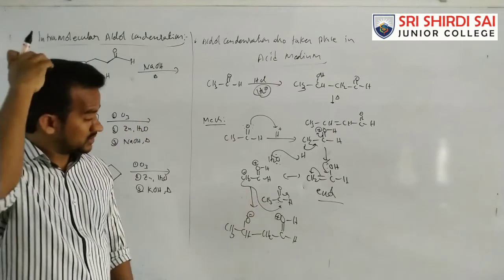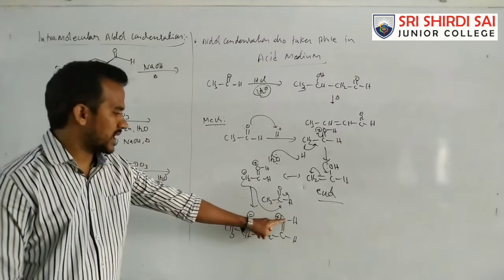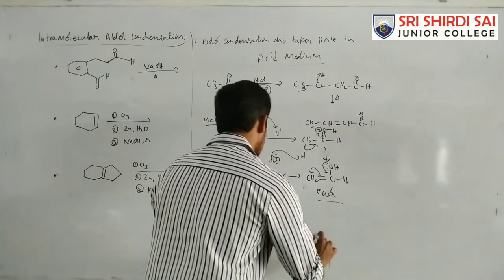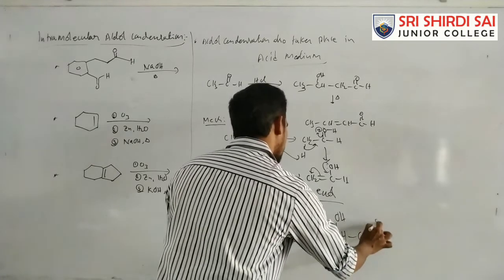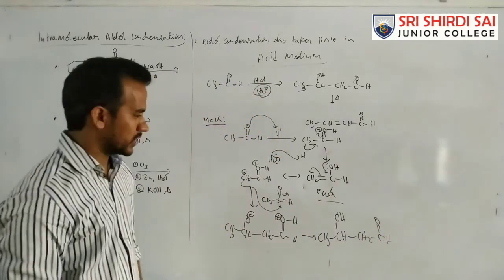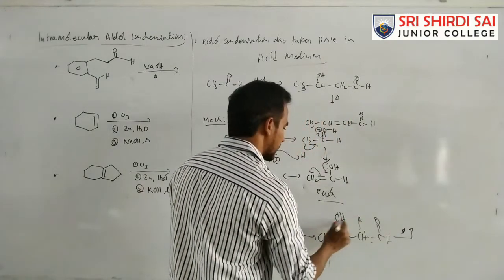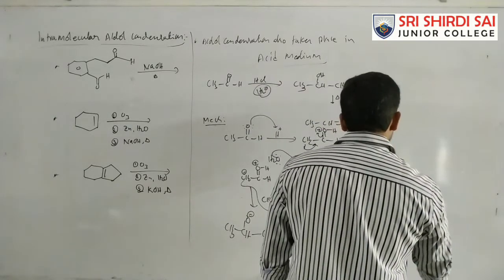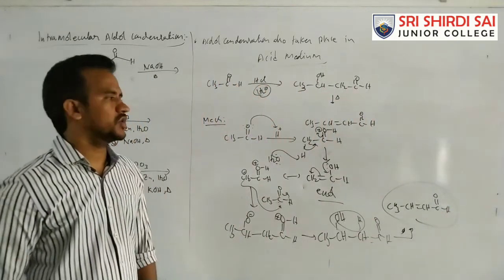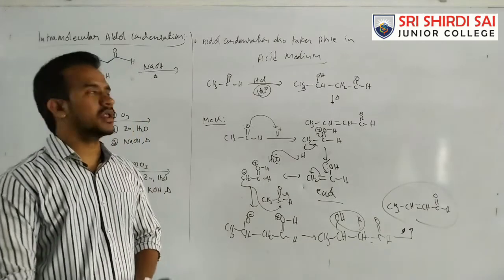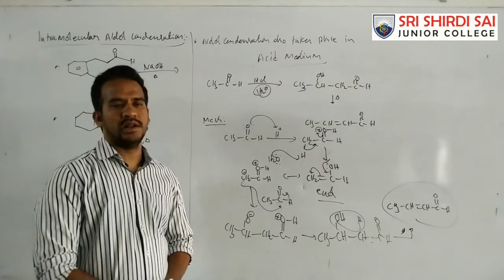Just carbon-carbon bond formation. O minus acts on the proton H plus, so proton transfer takes place. Here OH and CH2 C double bond OH. Now on further heating, loss of a water molecule takes place, giving CH3, CH double bond CH, C double bond OH, the same product. So aldol condensation is possible in both basic medium and acidic medium. So that is about the aldol condensation.